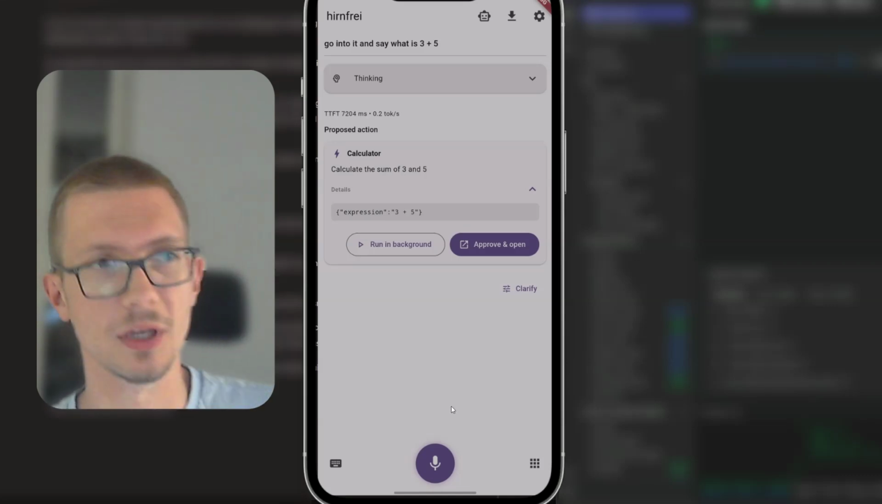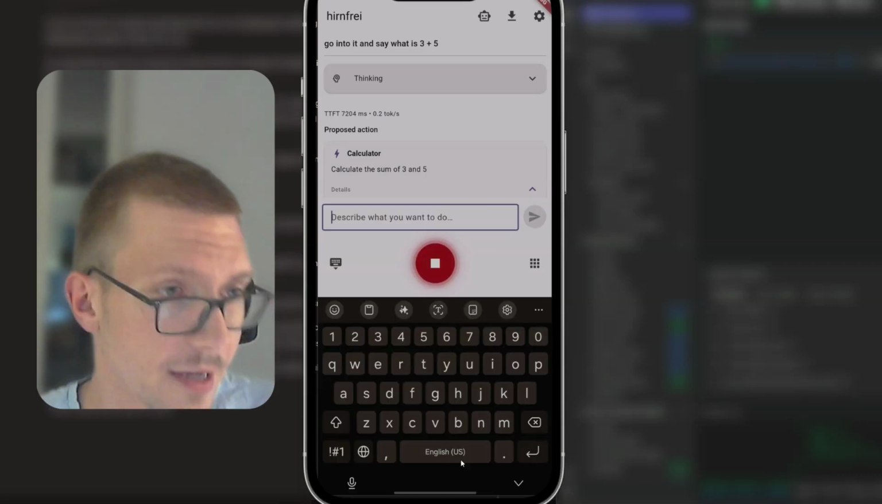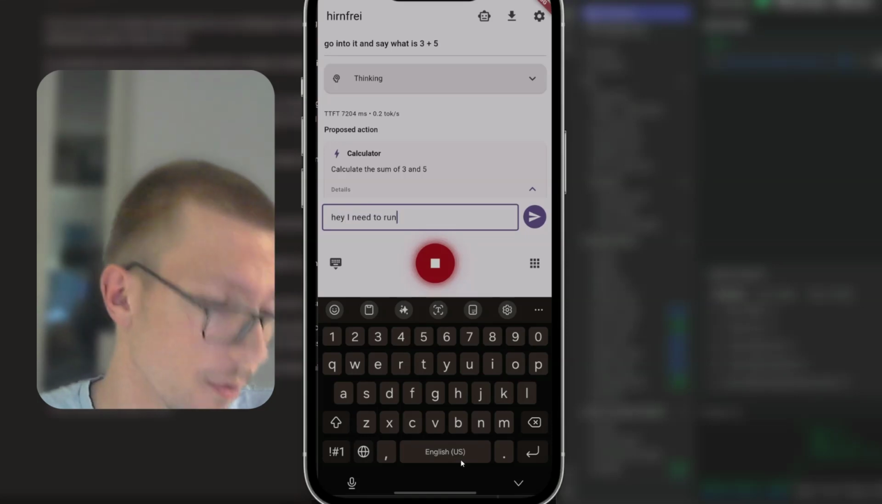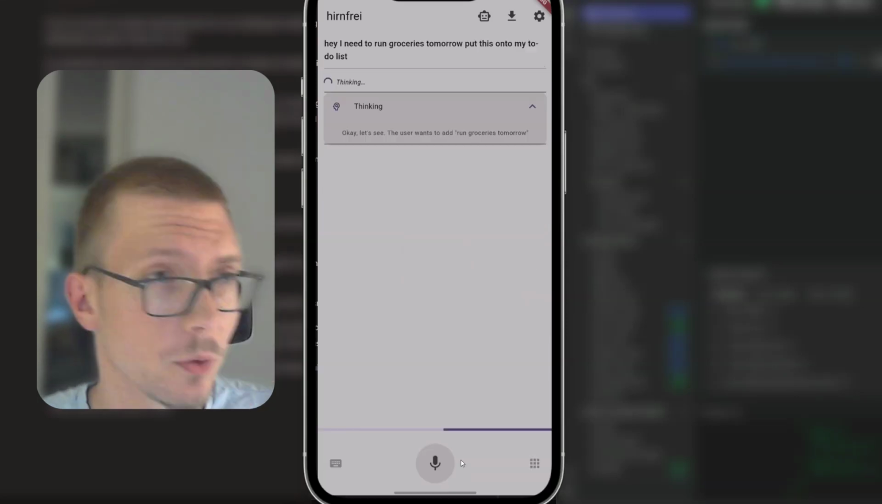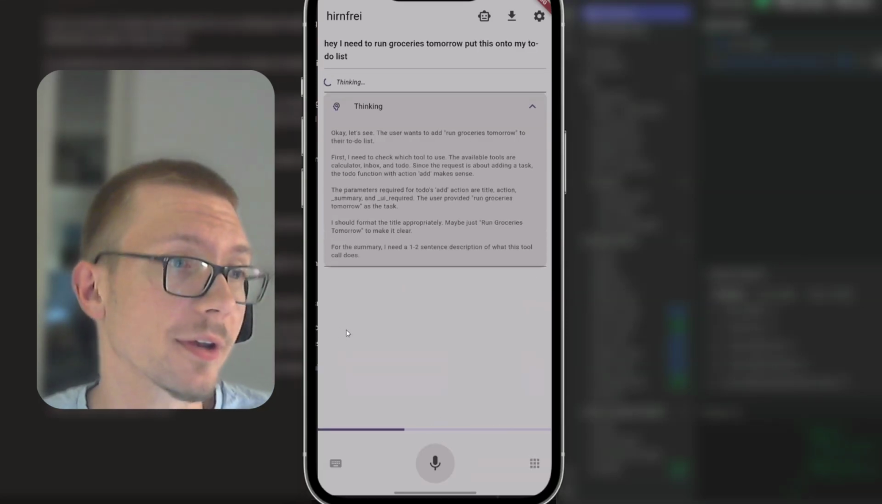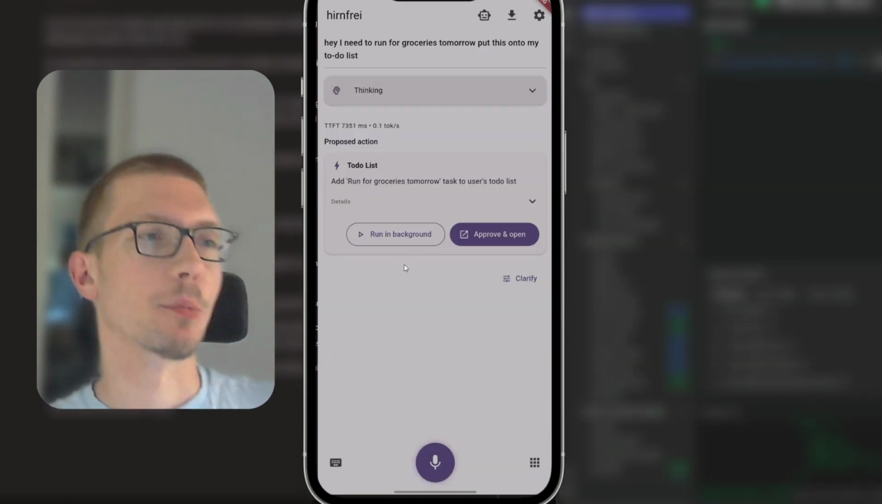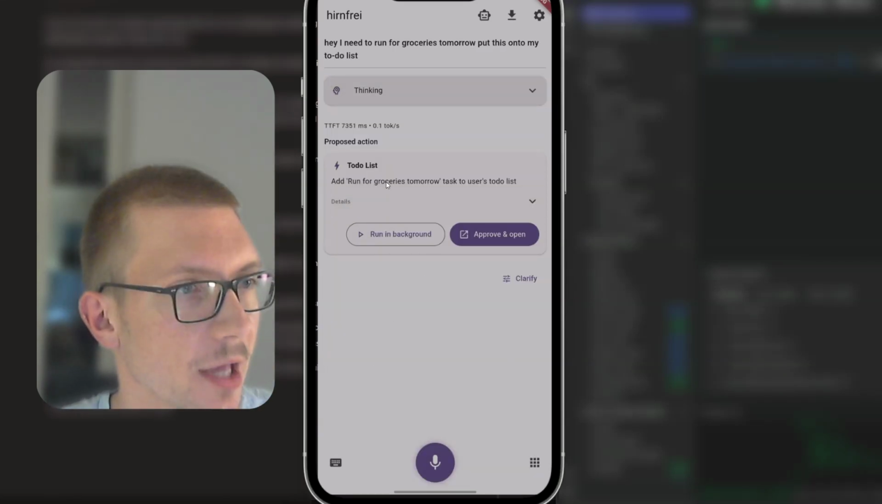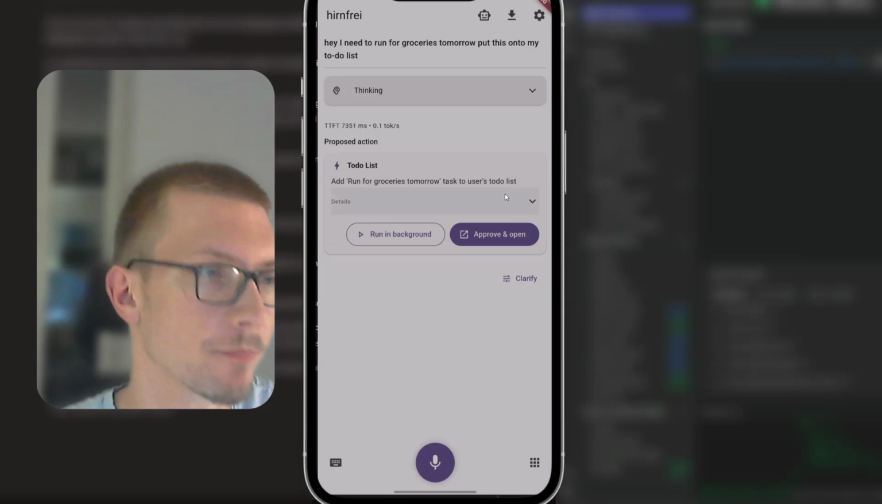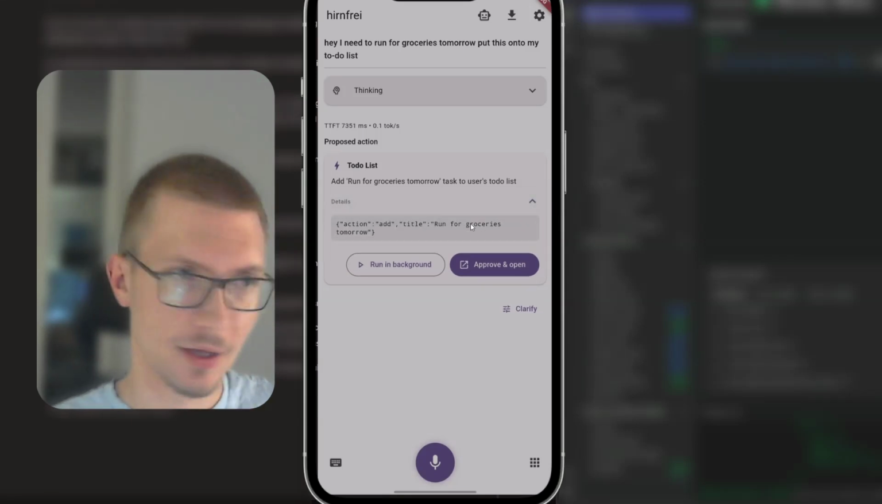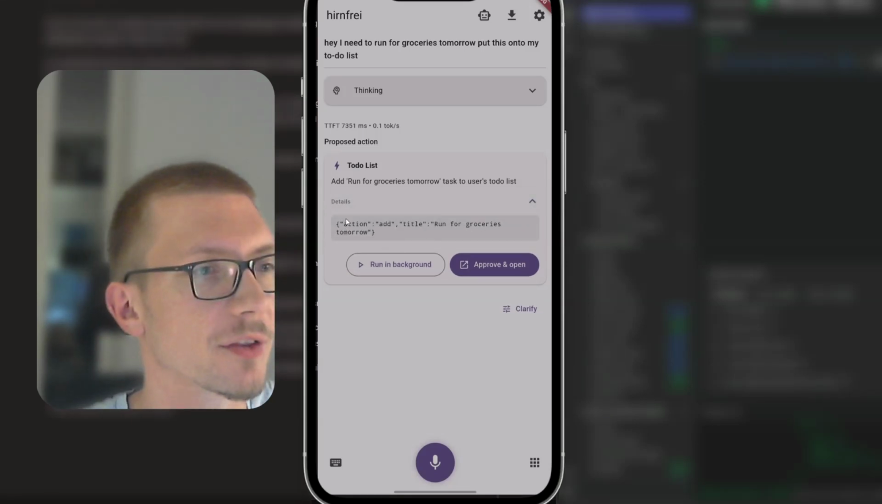Maybe a more elaborate one could be, hey, I need to run groceries tomorrow. Put this onto my to-do list. We're just going to send. It's going to think about it again. What kind of tools does it have available? And then we actually have the proposed action, to-do list: add this to the user's to-do list. When you look at the details under the hood, it's actually proposing to take the action add